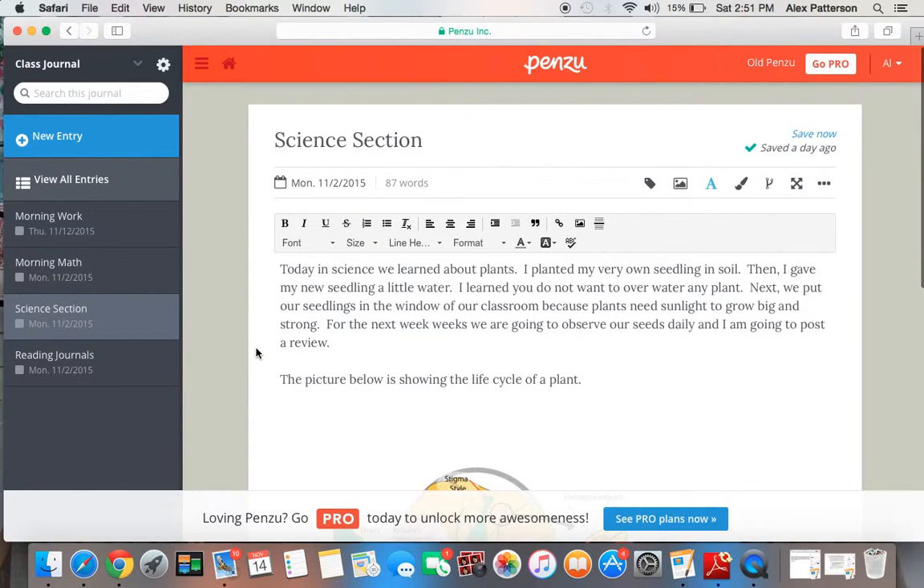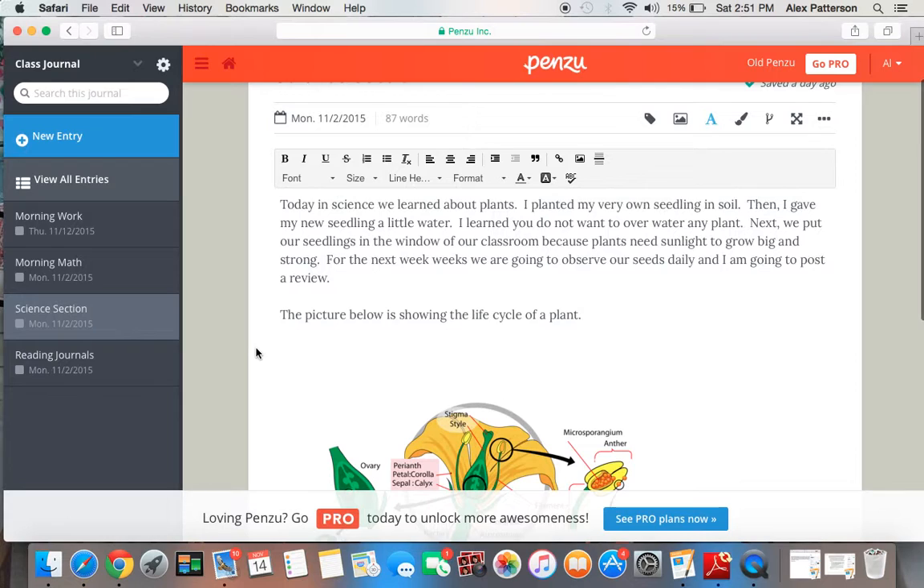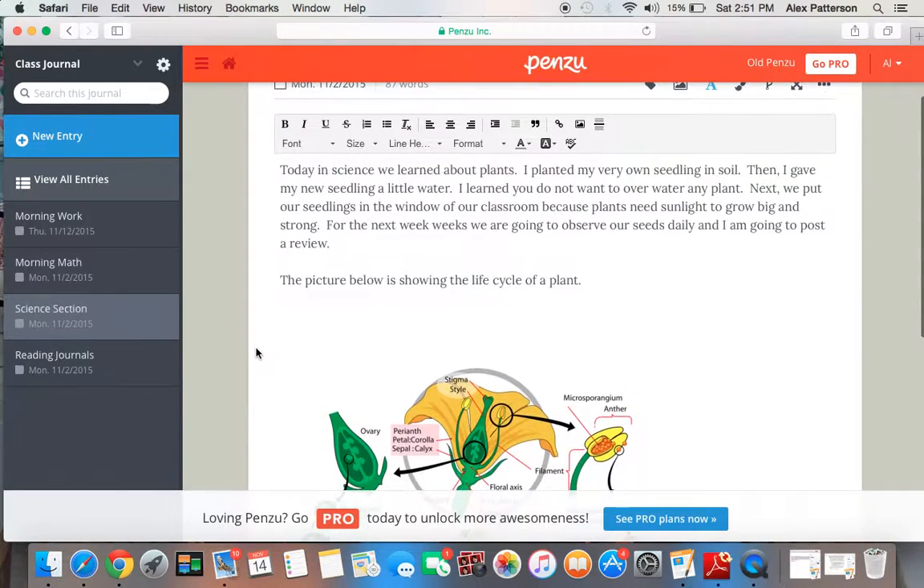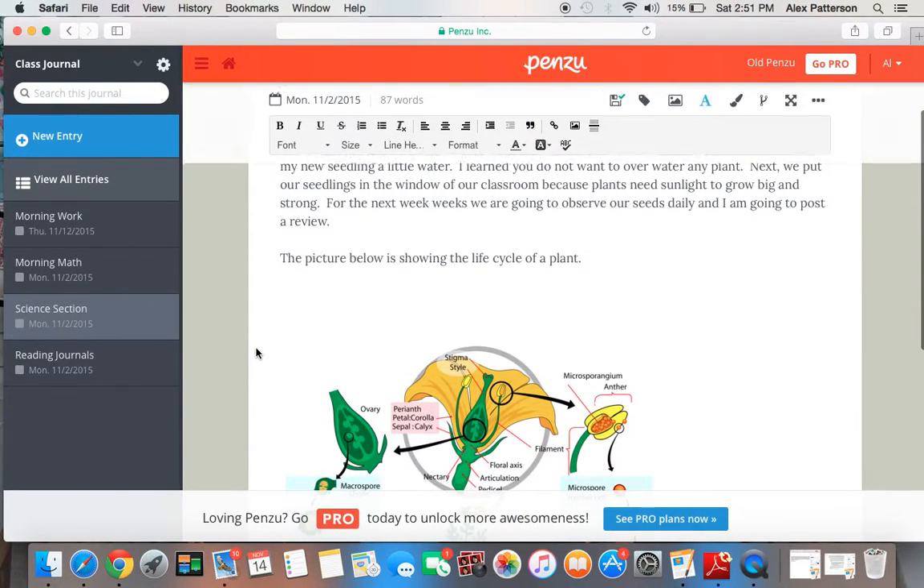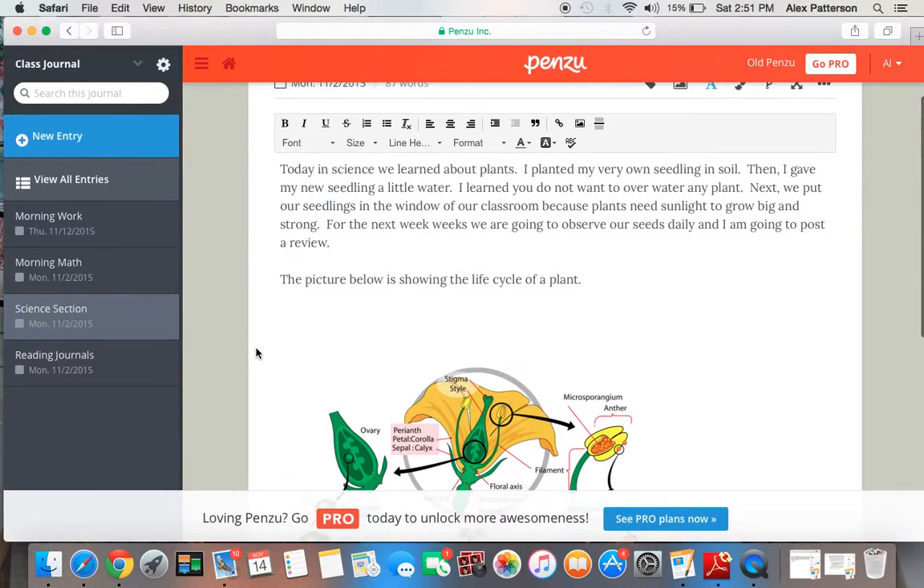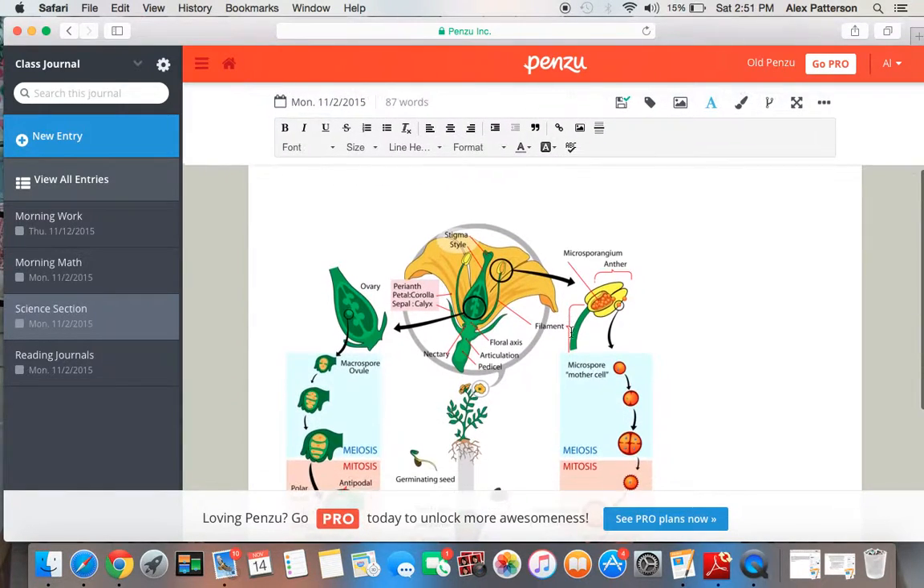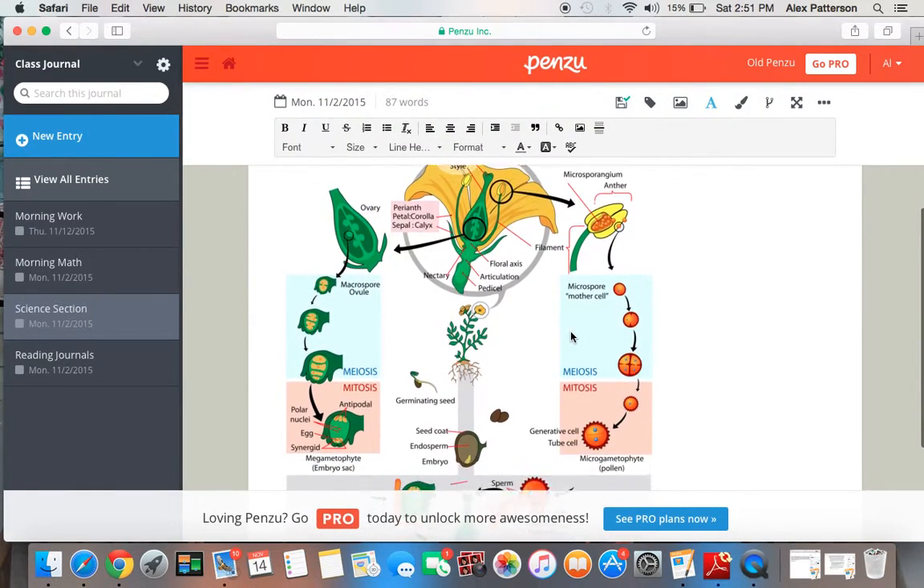Then for my science section, this is where it got a little bit better. The students added in pictures here. So we wrote about what we learned in science about plants. So I went ahead and did this one for the students so that they could kind of see what it would be like. And the way that we inserted this photo down here, which is actually pretty neat because it went right along with our lesson,